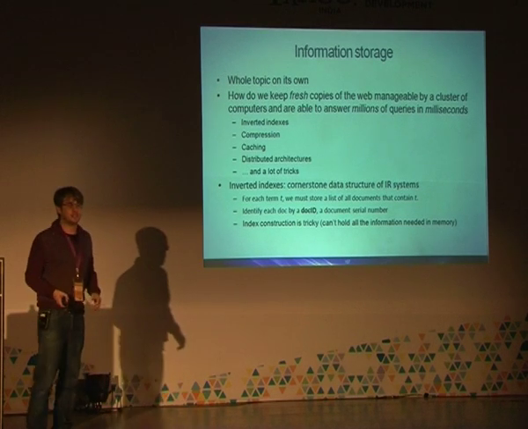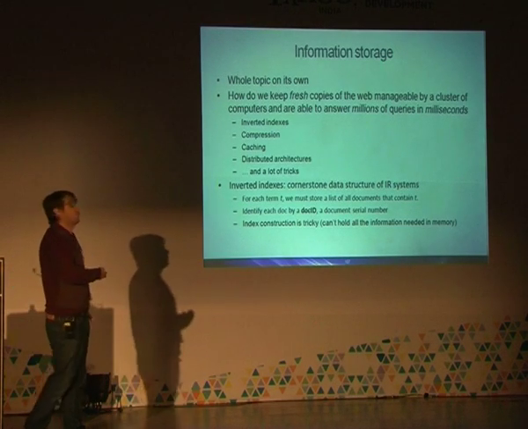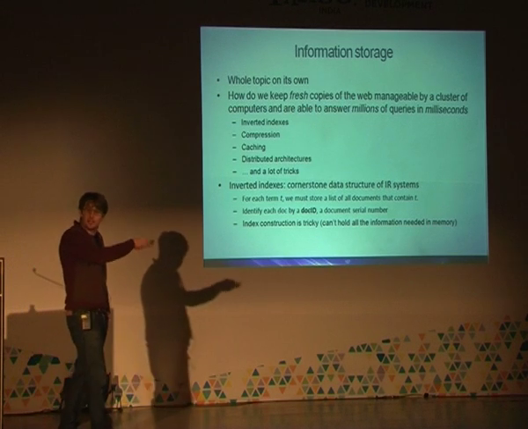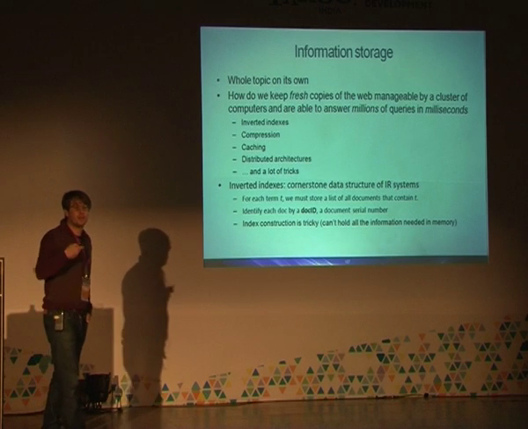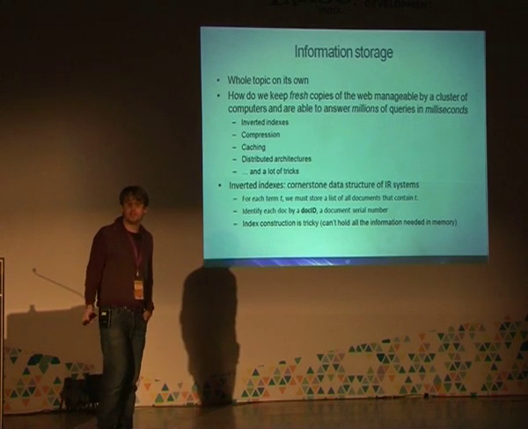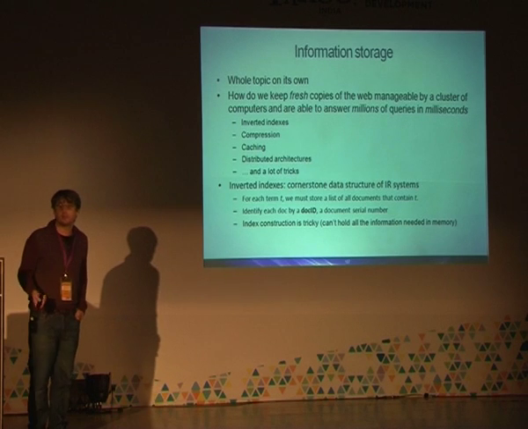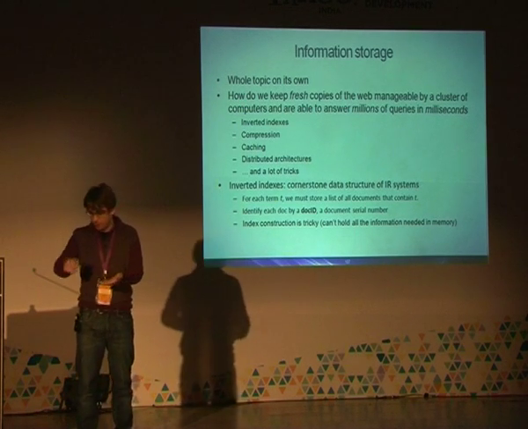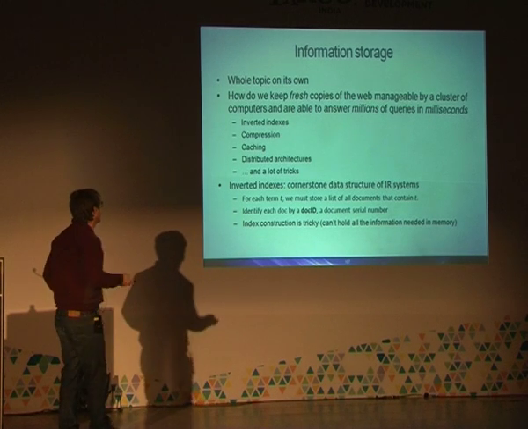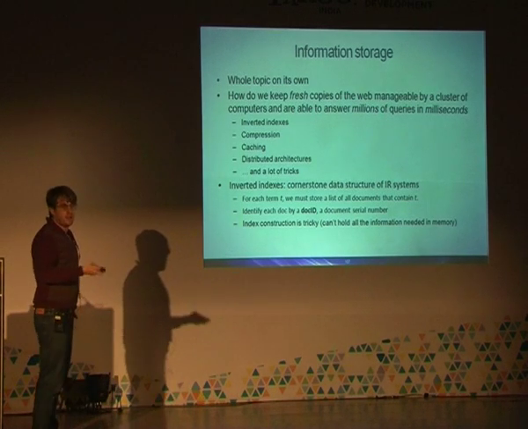So what is an inverted index? So it's just very simple. For every word, every term, all these guys that we identified before, you have to store a list of all the documents that contain the term. Okay? Like in a book. When you go to the book, to the appendix, you have all this list of terms that says, this concept is on page 55. So it's the same thing. So documents are identified by a document identifier.